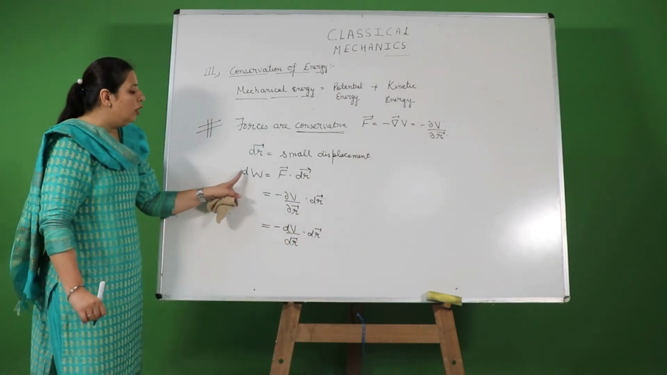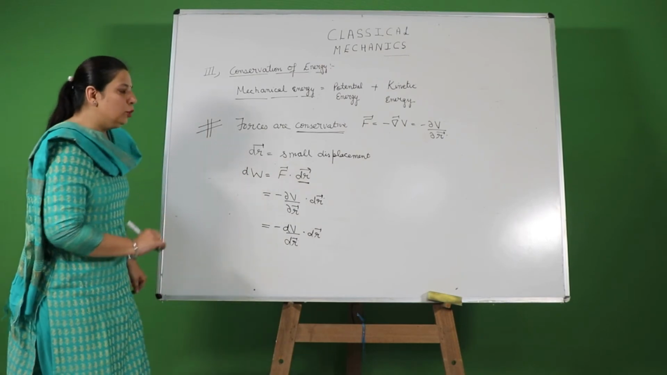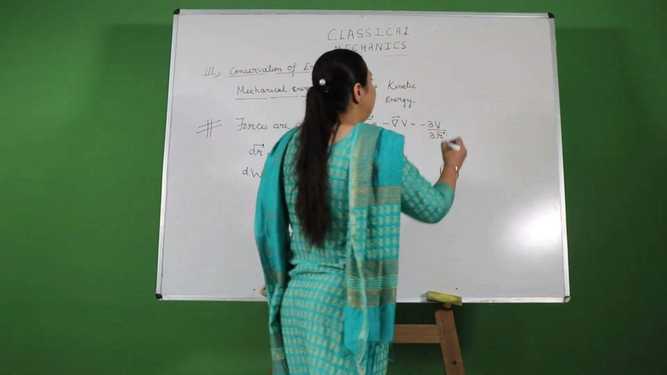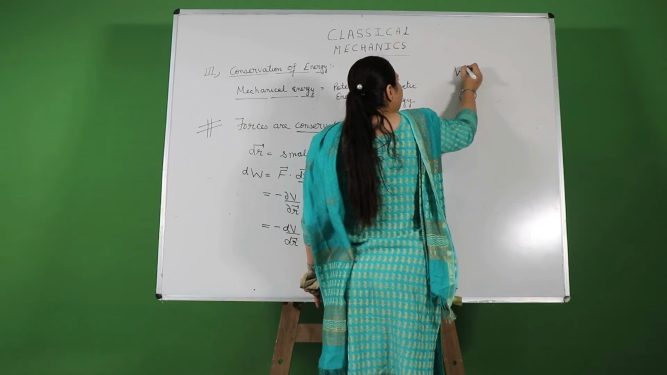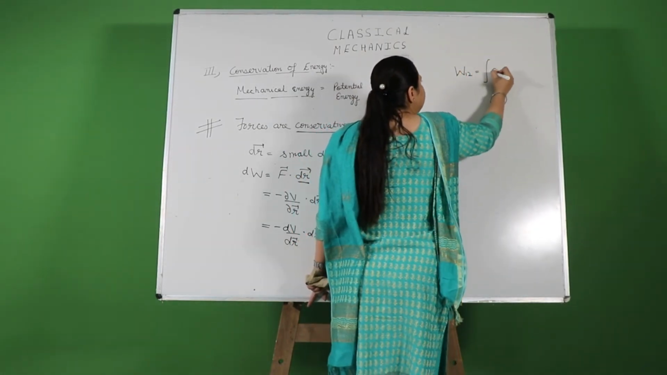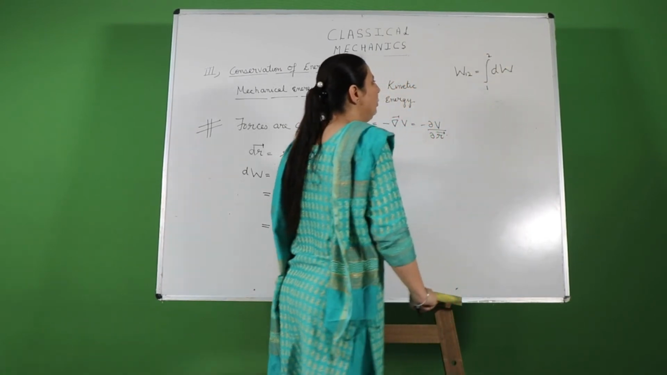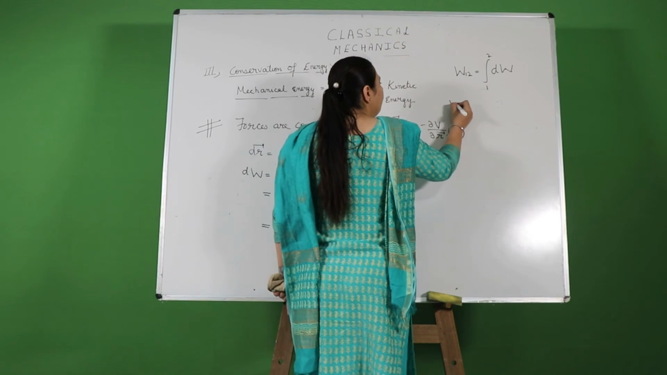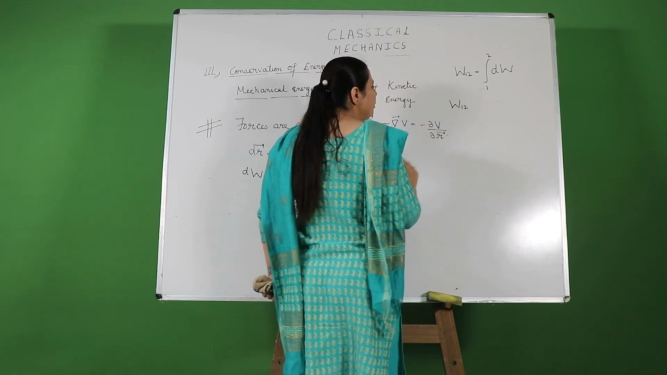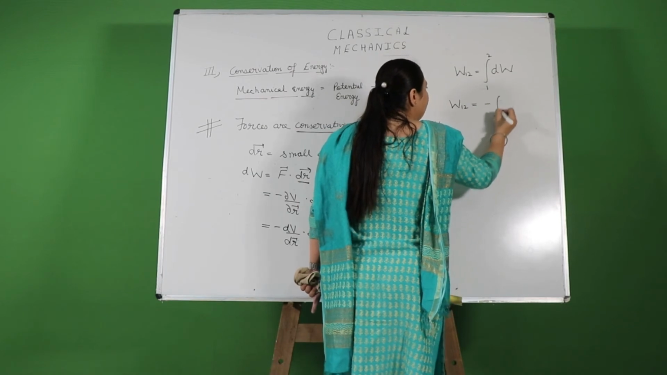And this is the small work done for a small displacement dr. The total work done in displacing the particle from point 1 to point 2 will be simply the integral of dW from 1 to 2, or work done from 1 to 2 will be equal to minus integral from 1 to 2